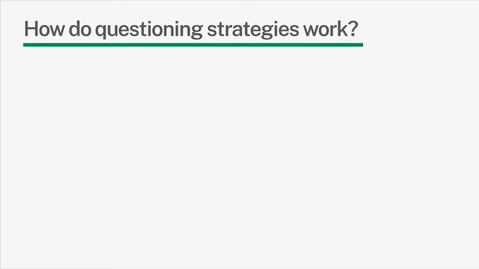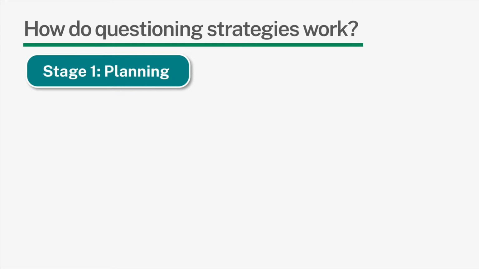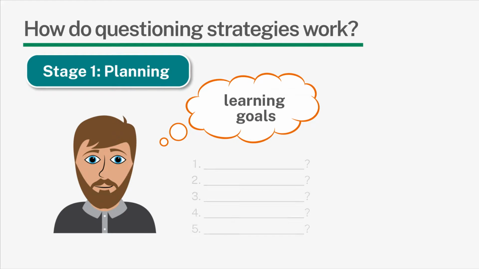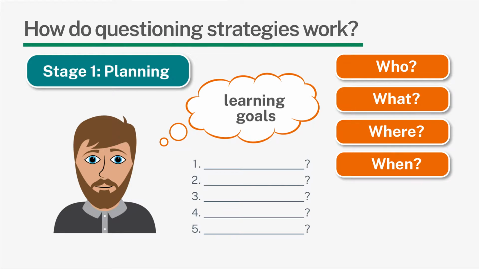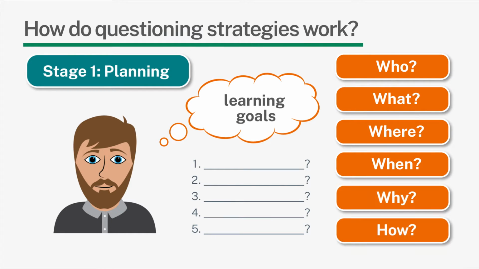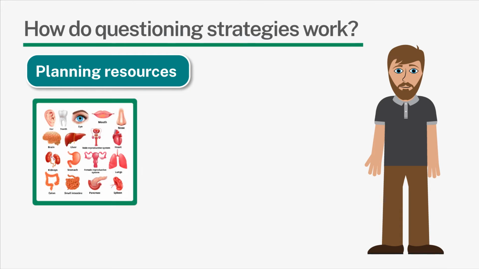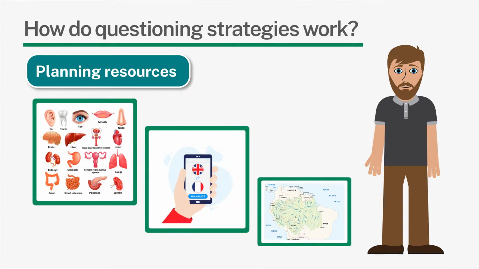Unlike asking questions spontaneously, the first questioning strategy requires teachers to carefully plan and design questions that directly support learning goals, and place these in an order that builds up learning during a lesson. A variety of questions should be planned, those that build basic knowledge, and also those that expand thinking and language use. Also at this stage, teachers should plan for the resources they will use to support comprehension during questioning activities.